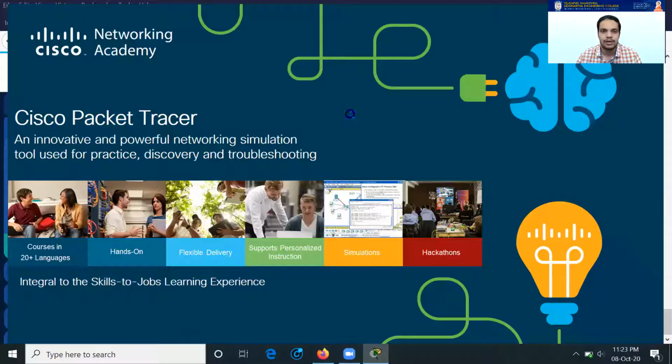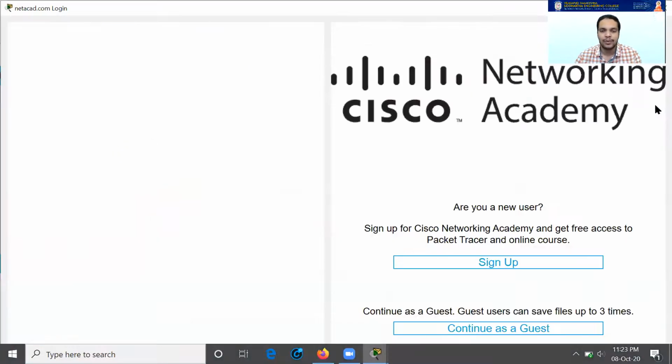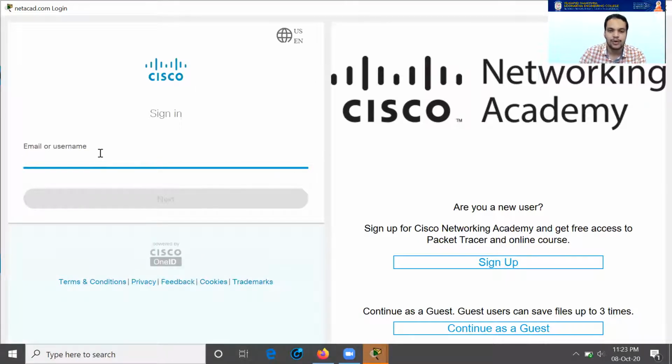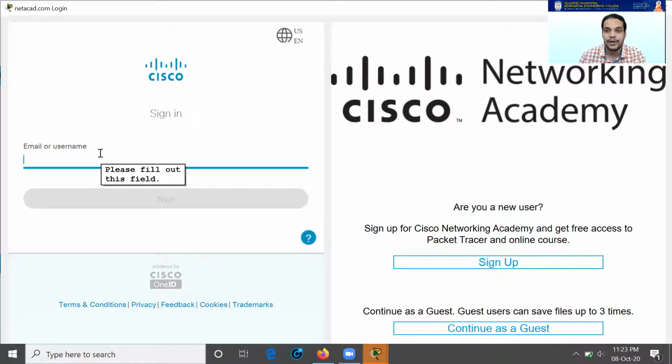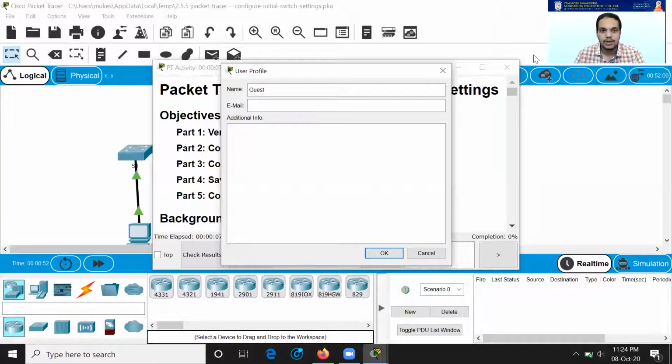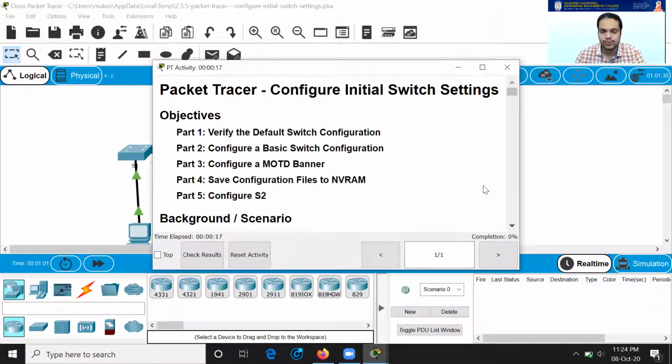So let me take you to the Packet Tracer 7.3.1. It opens like this, and if you're opening it for the first time, it will ask you for the username and password, which is the same username and password as your Cisco NetACAD account. Just enter it, and you will automatically be redirected to the Packet Tracer questions. I gave my credentials, and now I will be redirected to this window. As I said, just click cancel, no issues with that.